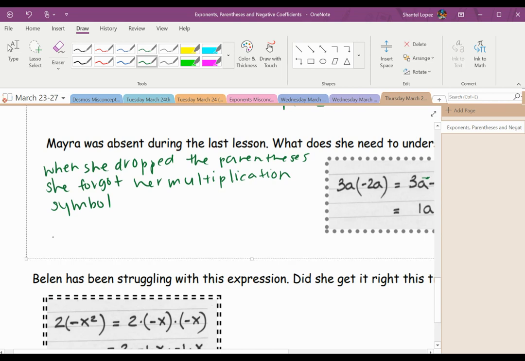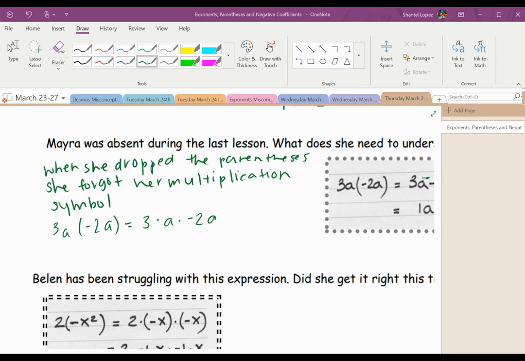So 3 a negative 2a is the same thing as 3 times a times negative 2a. Notice how I now have that little dot that represents multiplication. So this is equal to, if I rearrange, remember it's not 3 minus 2, it's 3 times negative 2. So this is going to give me negative 6a to the power of 2. Okay,